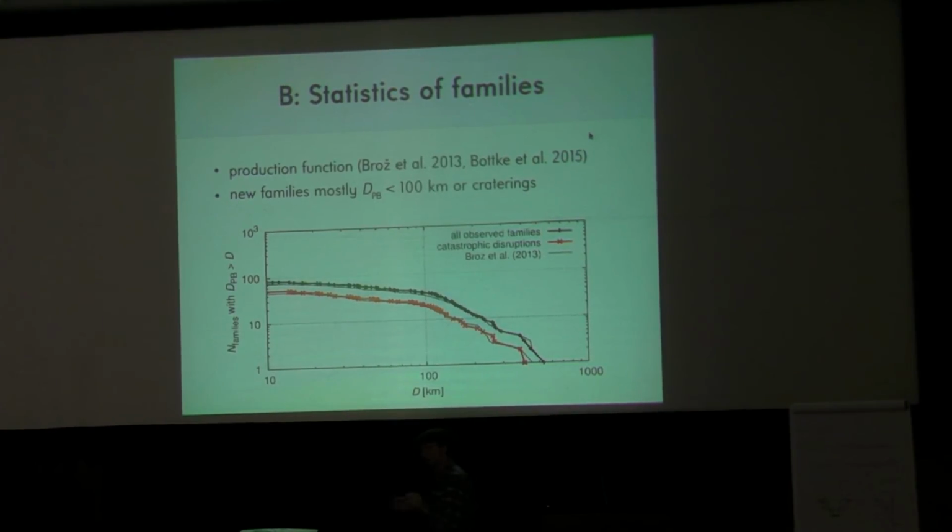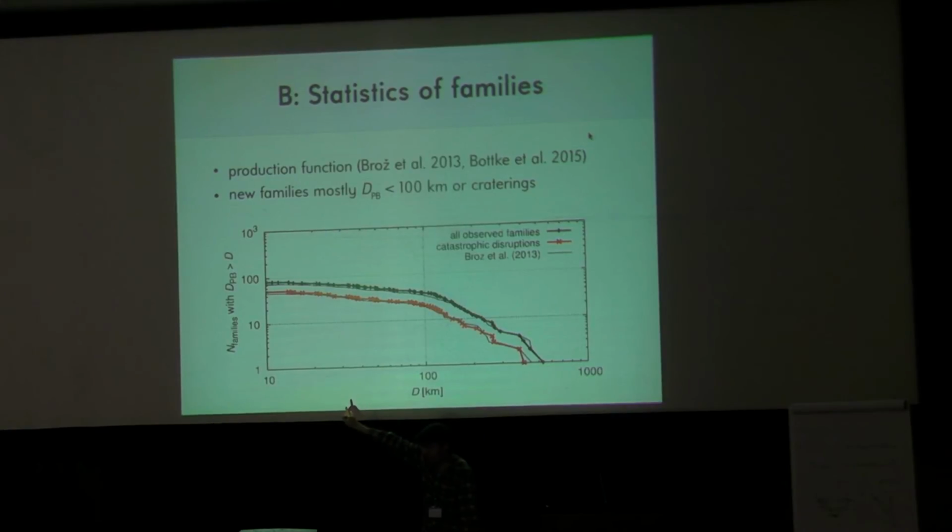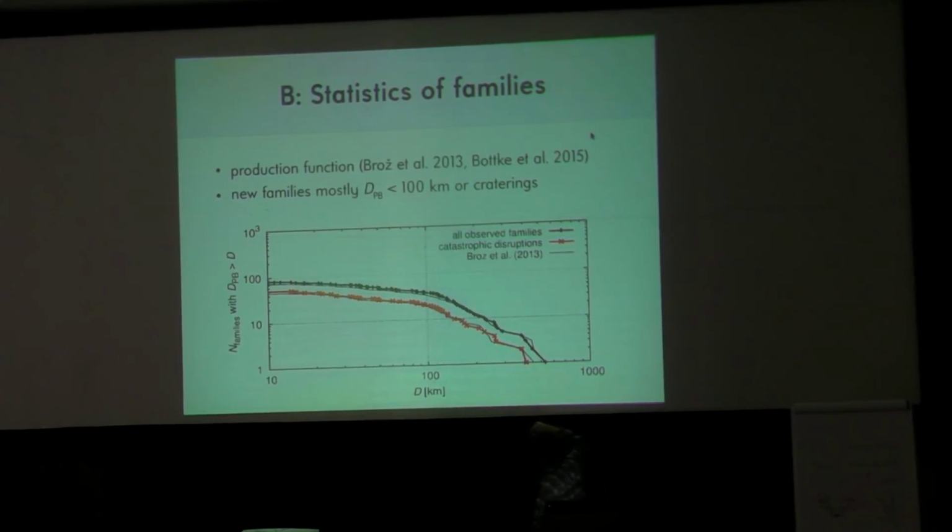Now let's discuss families as a whole, a statistical sample. We tried to construct a so-called production function, which is a bit misleading because it looks like a size frequency distribution, but now this is the distribution of parent body sizes of families with respect to the size. So you can see that we have about 20 families with a parent body size larger than 100 kilometers, and moreover we have a number of craterings. That's the black curve. And these two curves seem to converge in the sense that if you